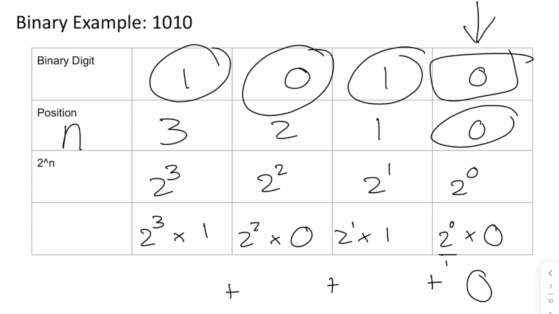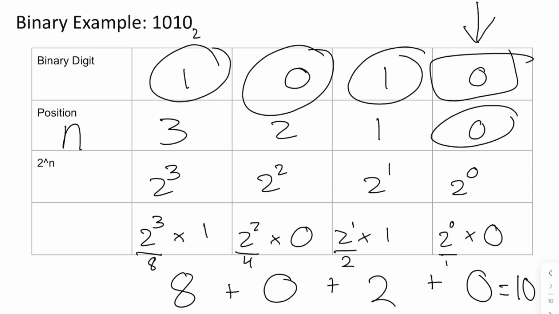So 2 to the first is 2. 2 times 1 is 2. 2 squared is 4. 4 times 0 is 0. And 2 cubed is 8. And 8 times 1 is 8. So we get a final answer of 10. So this in binary equals 10